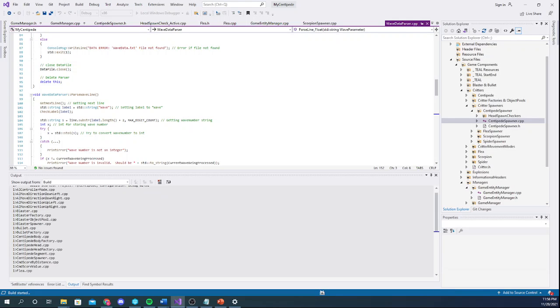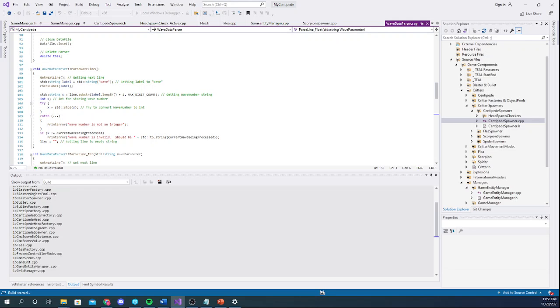Oh, come on, give it a second. So while that's loading,